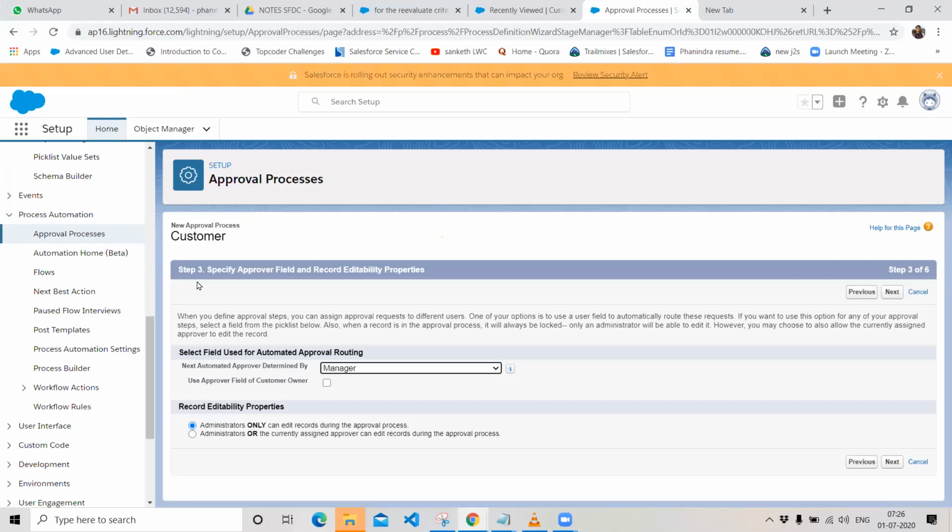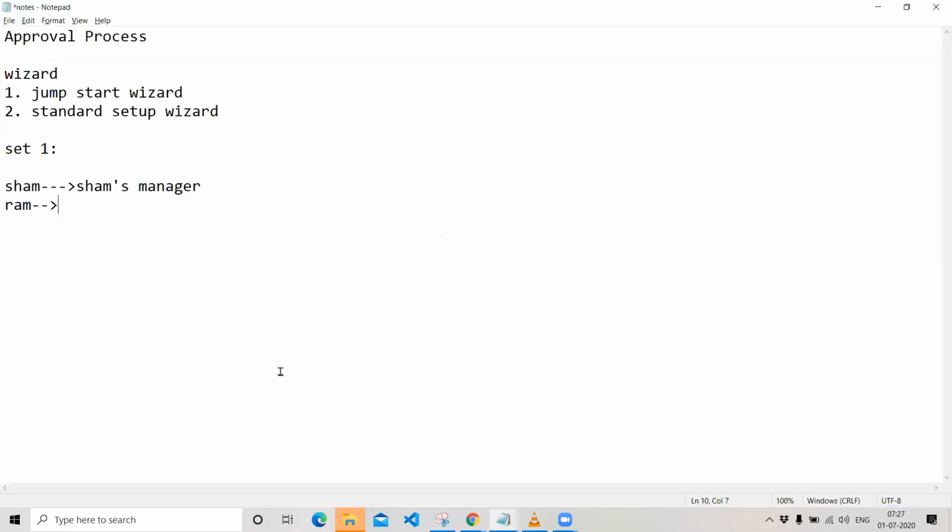But if Ram created the record and I choose my automated approver as manager, to whose manager will it be submitted? Sham's manager or Ram's manager? If you enable this checkbox, it will be submitted to Ram's manager.